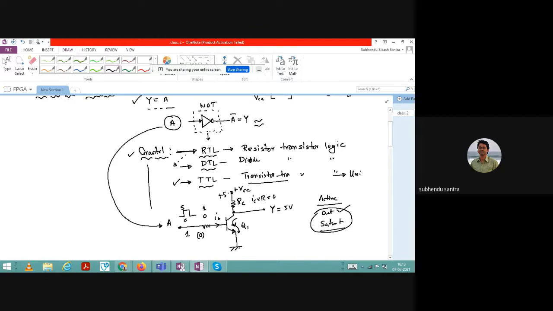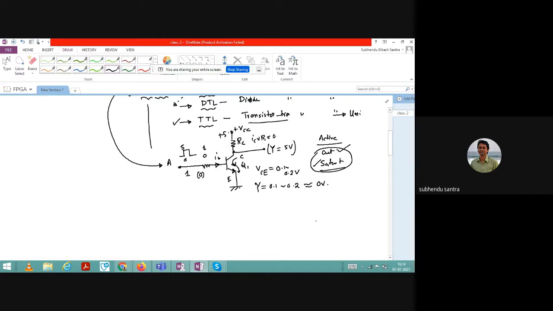Now, if you have given the 5 volt in the base, and there is a base current coming, and that base current is sufficient to make the transistor operate in the saturation region, I can say it is fully turned on. In that condition, this is your collector and this is your emitter. So VCE, this voltage, will be approximately 0.1 to 0.2 volt. And in that case, if I ask you what is the voltage across Y, the output voltage will be around 0.1 to 0.2, which is approximately 0 volt.